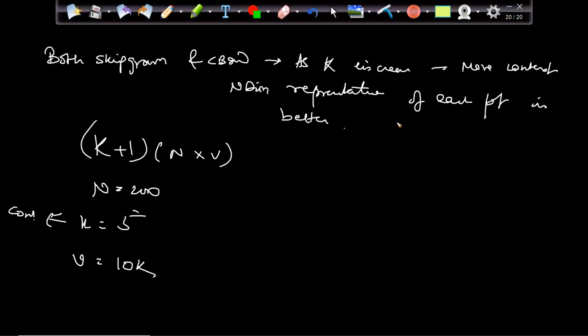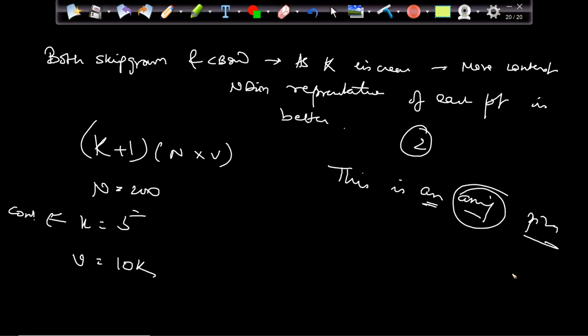So when my K is increasing, obviously I get more understanding that these are my surrounding words, so this word can be the best word. Because if I'm given one sentence, this is an amazing pizza, and suppose I take only two context words, an amazing, or let's say an pizza, and I want to find the middle word, it's difficult, right? Obviously this sentence is not making sense, but you understand. Basically when we have more surrounding words, finding the middle word is quite easy. That is what it is mentioning here.